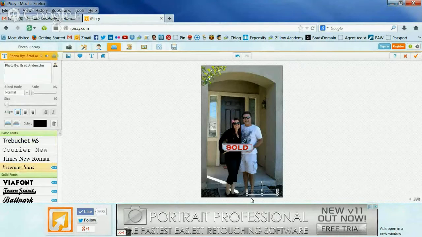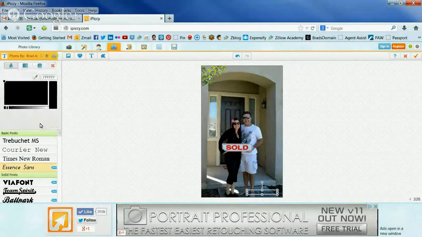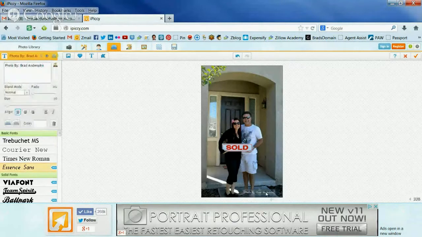There. So now I'm going to make it white. I'm going to click on the color scheme here and just make that white so it's a little bit easier to see. And I'm going to put this one actually down here in this corner. Now this photo isn't really by me, so technically I wouldn't do that. But you could use the tool to change it sideways. If you wanted to move this somewhere else on the image,